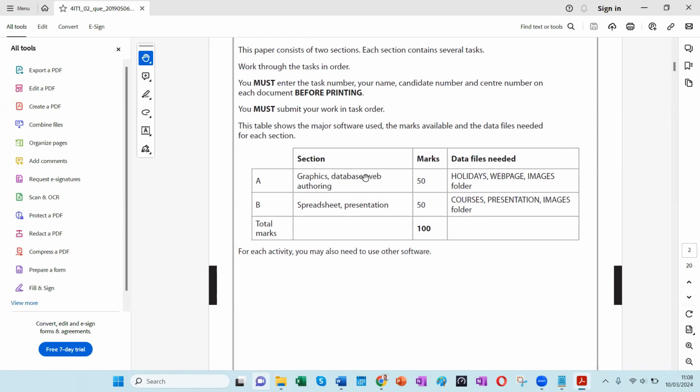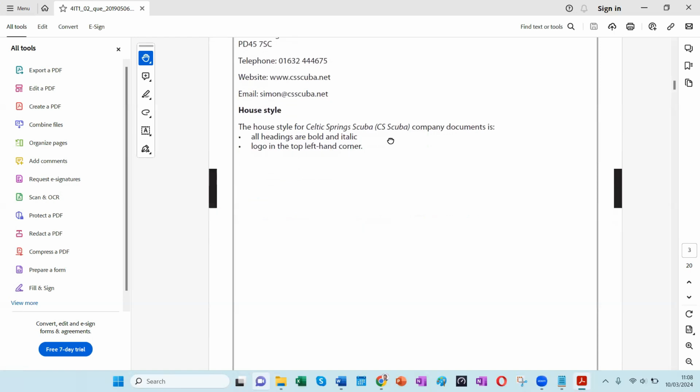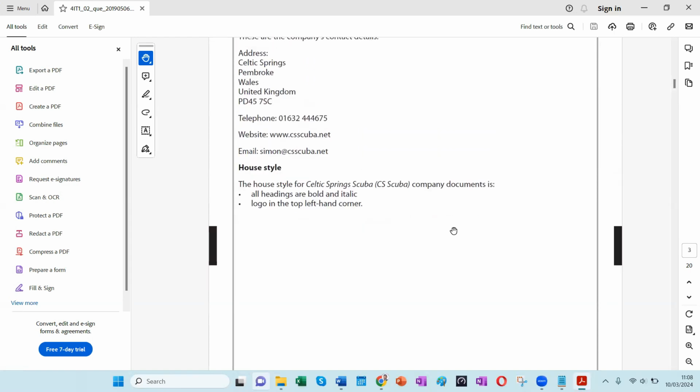Right, so here in section A, you can see PowerPoint is not there, but in section B, after spreadsheets, you have the PowerPoint presentation. And we need to use presentation document and images. And next thing is you need to keep an eye on the house style. So I would suggest that when you get the printed paper, if you can write down the house style somewhere on the paper, it would be ideal. Because you may tend to forget the house style when you are doing the activities. So if you can just jot down on the paper,